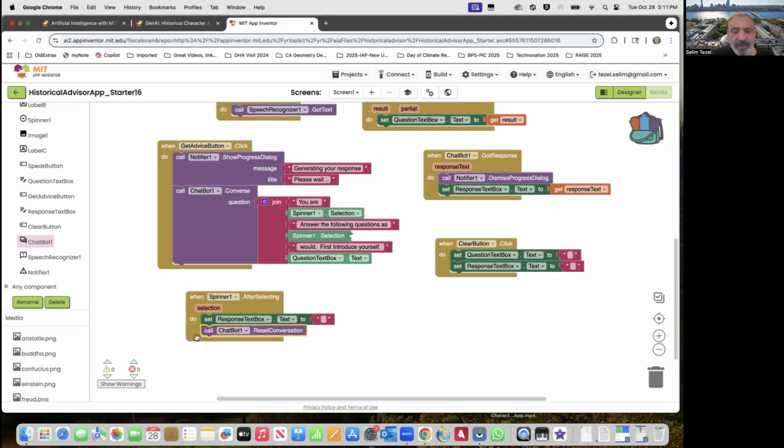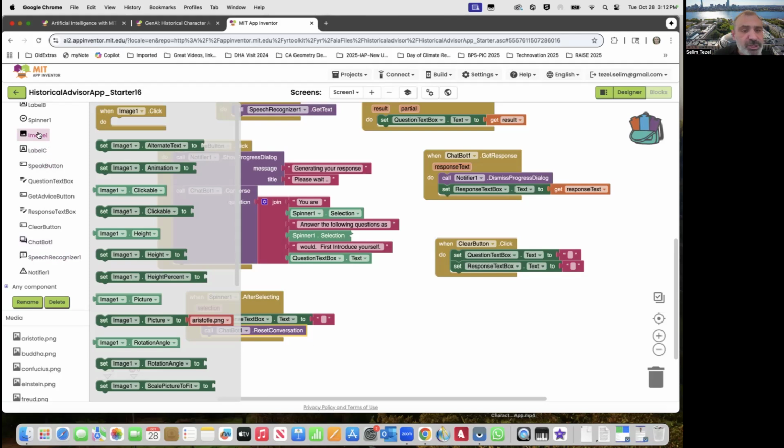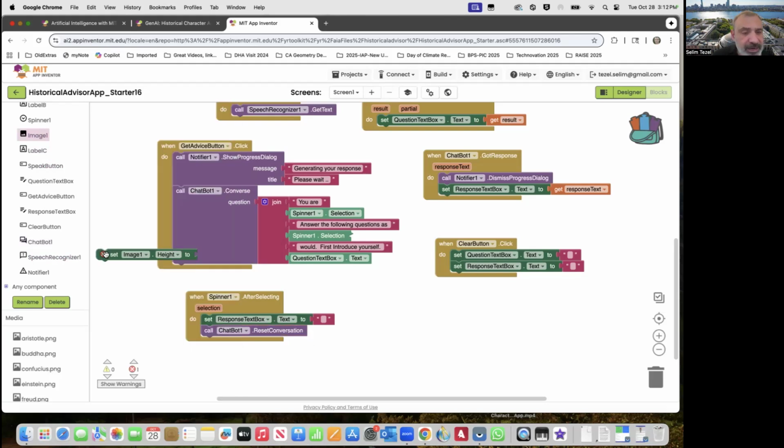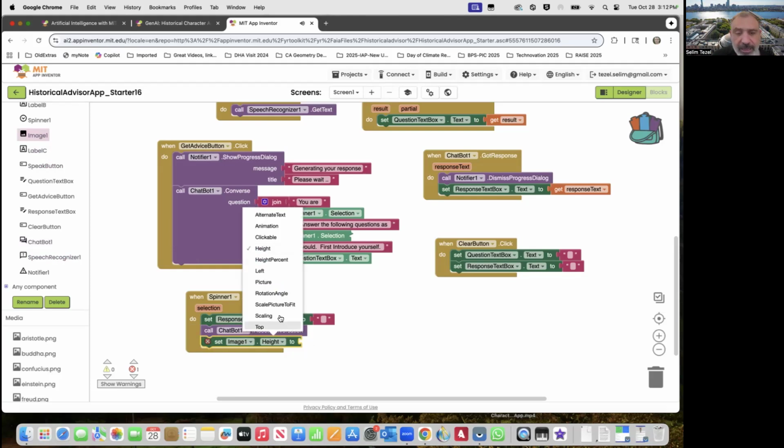Okay, so that's done. Now, the tricky part here is how do we change the image to be the image of the selected character? So what I do is I go to the image blocks. I grab any of the setters. So let's say I grab this one. And what I want to do is find the picture property. So set image picture to.